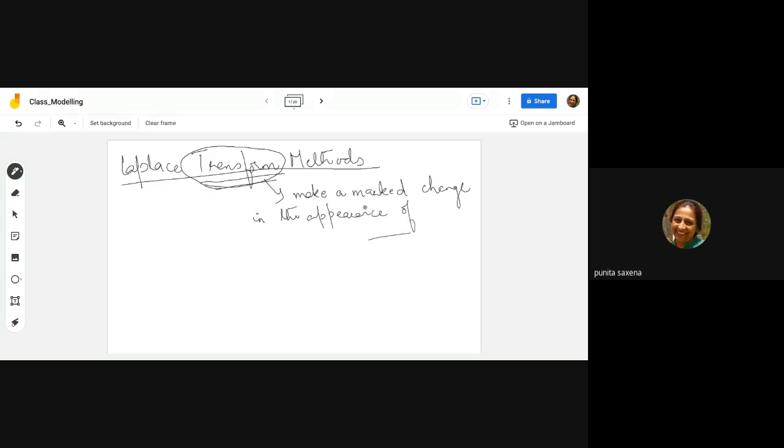See, this is how we talk of a complete transform from this to that. So what is happening? Nothing else. The basic nature does not change. It's just that the appearance of that thing changes. That's what we call transform. So it was Laplace who gave these transform methods. That's why we call them Laplace transform methods.